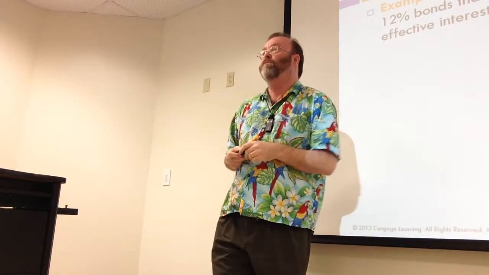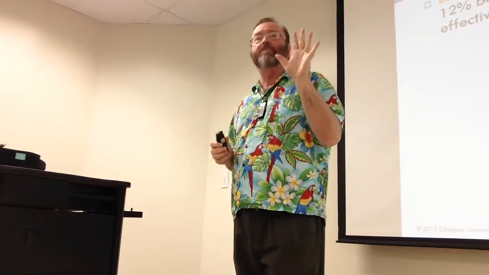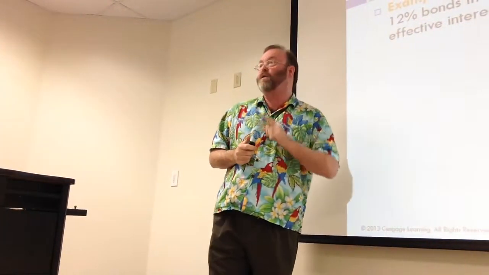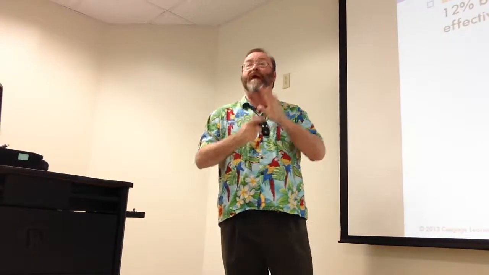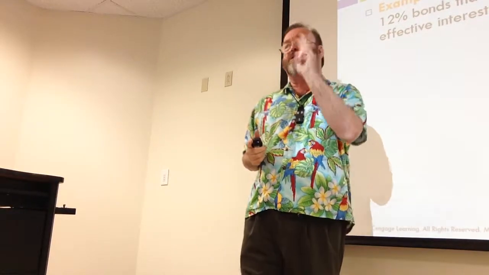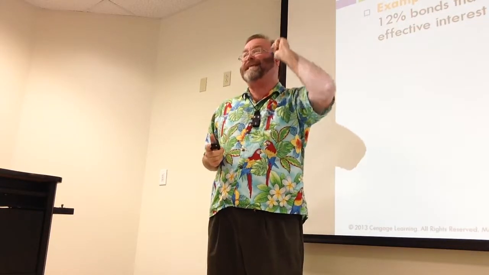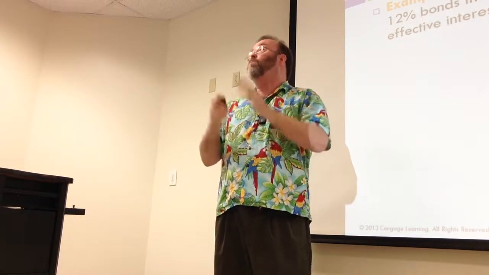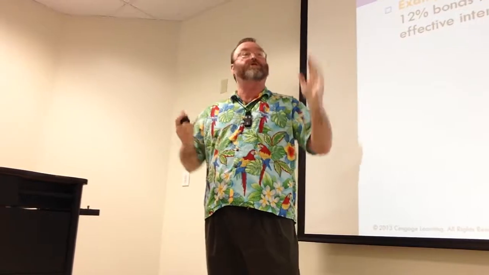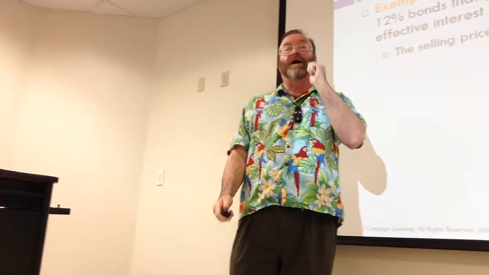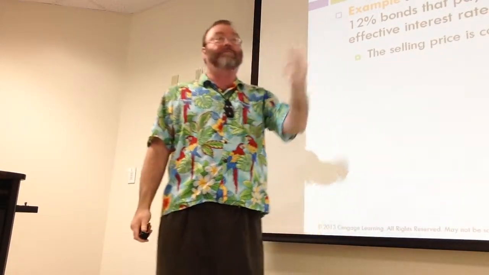All right, let's go to an example. $100,000, 5-year bond. It has a face rate of 12% semi-annually. So it's paying $12,000 a year in interest, but it's paying them in 2 equal installments. So over the 5-year life of this bond, you're going to get 10 checks of $6,000 each. The market on that day wants 12%, so it matches. So it's going to sell for exactly $100,000. How do you prove that?